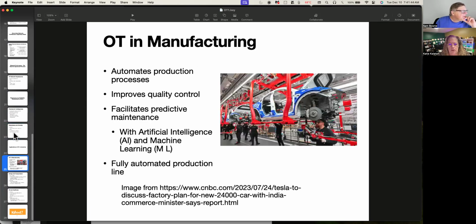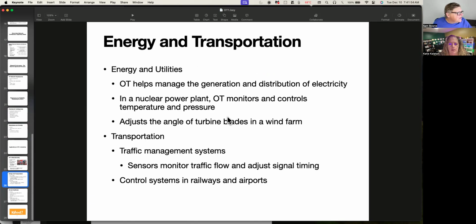And so it automates production. And you may now these days include some degree of artificial intelligence and machine learning. And so in energy, these are things we talked about. In energy, you may control turbine blades in a wind farm, control things in a nuclear plant, control traffic management, and so on. All this critical infrastructure, which is spectacularly vulnerable,